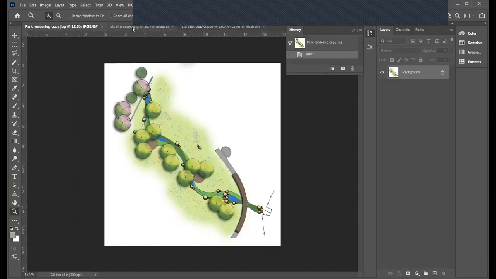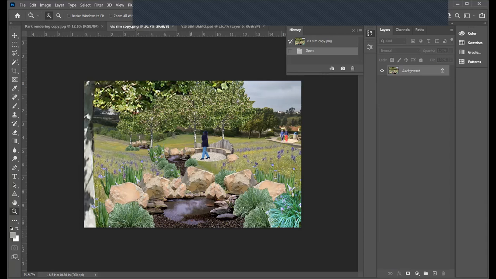So again, park rendering, and then here's the visual simulation that I worked on earlier. So you can see this idea of the check dams working their way down. I obviously spent a little bit more time on that background and getting it to fit in a little bit better. But I'm hoping this gives you the skills that you need to complete some of your landscape architecture classes and practice these, because these can be very